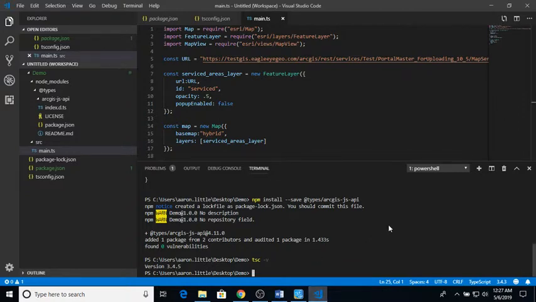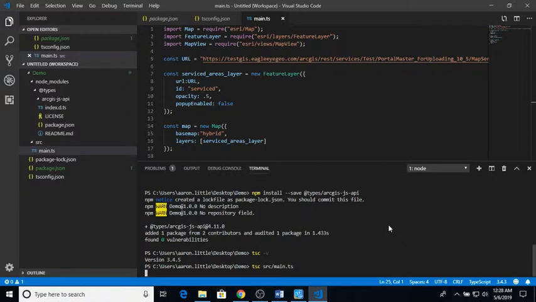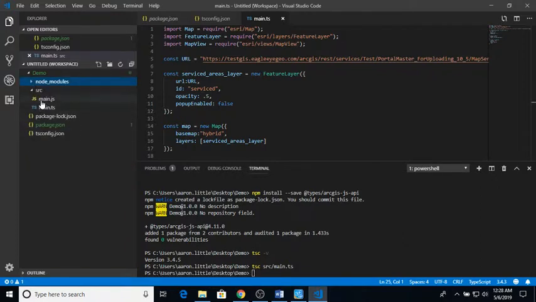So this caused me a lot of headache. You can use tsc, which is the call to the TypeScript compiler, to compile a TypeScript file directly. So let's do this: source/main.ts. You notice here, this is our source folder. It created a JS file, but